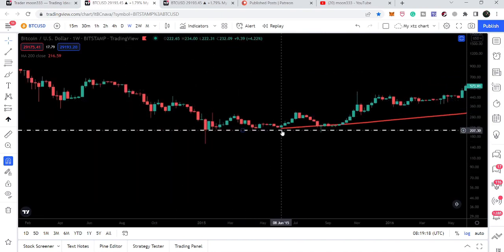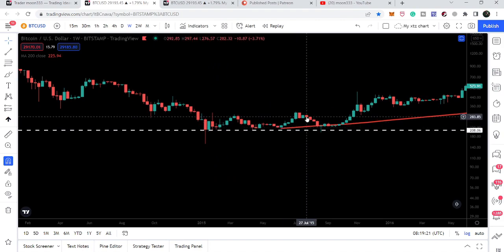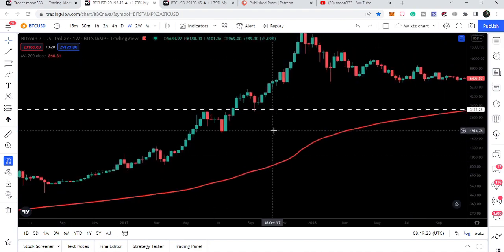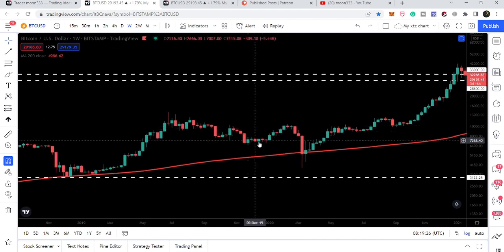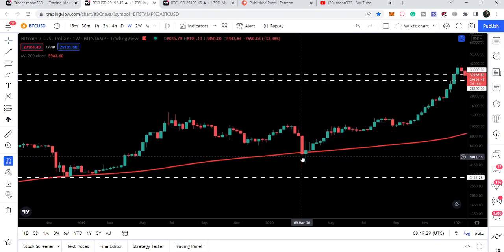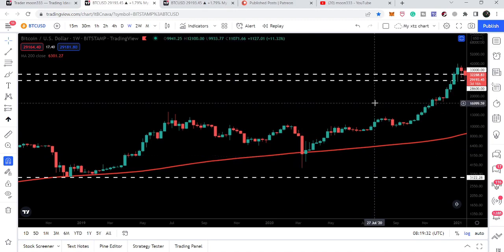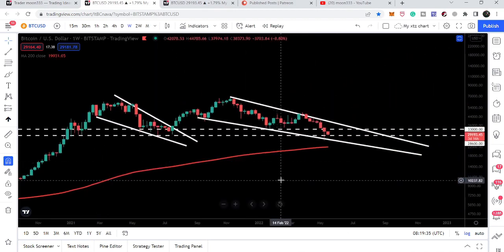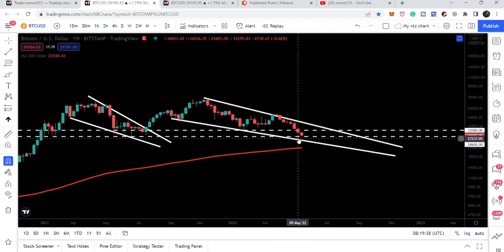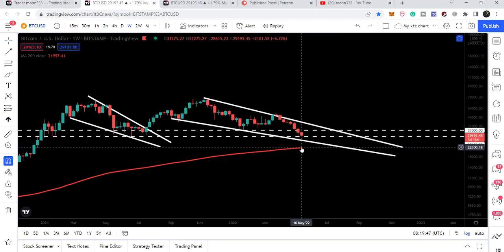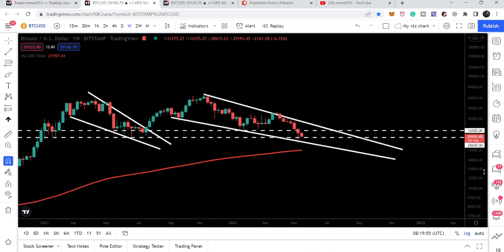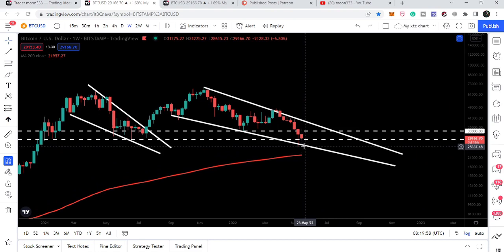It appeared here back in June 2015. We tested it here. We had a nice rally, tested it here. We had a big rally. We again tested this support here. We had a big rally. We again tested this support here with the long spike to the downside in the month of March 2020, but could not break it down, and we had a very big rally. And right now, we have moved down up to, this spike was, by the way, the previous week. We had up to $25,400, and right now this weekly 200 simple moving average is moving at $21,957, and you can see there is not a big difference between the support of this falling wedge.